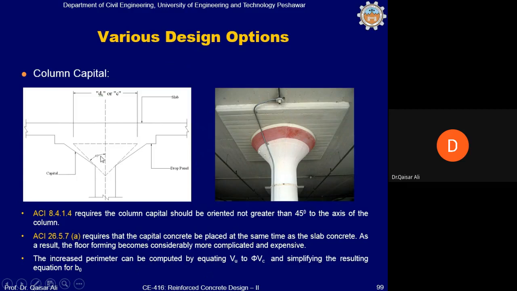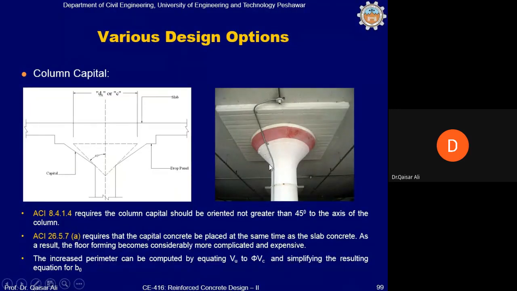So this angle of column capital shall be less than 45 degrees. The second requirement of the ACI code is that whenever the column capital is to be provided, then the concrete shall be poured at one and the same time in the slab and column capital, which means that in the case of column capital, first of all, the